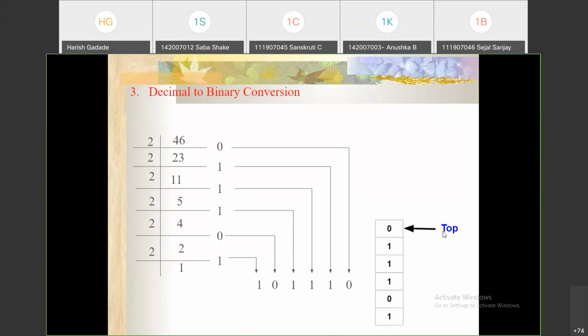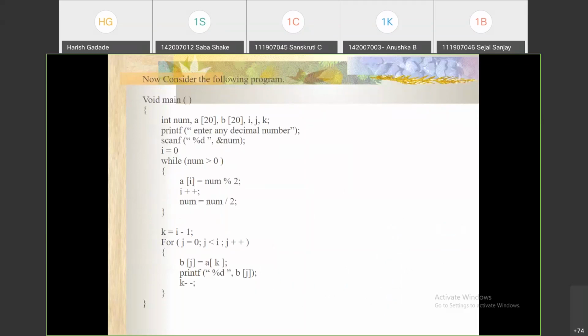Consider this a stack with this as the top element. To print it, pop the top element and print it, then pop and print again. In this order we can print it. This is decimal to binary conversion, and this is a sample function.